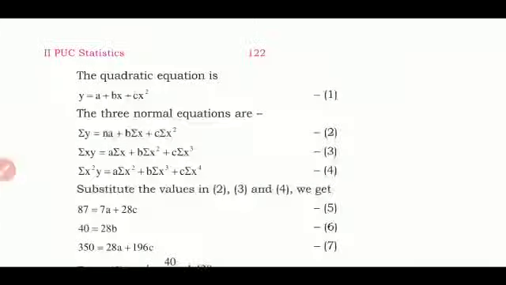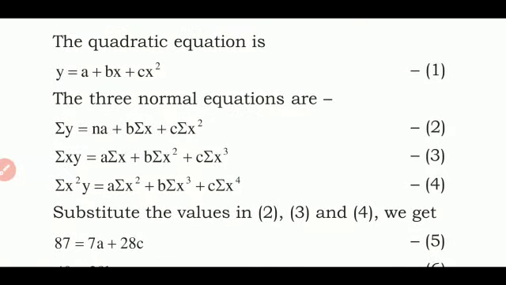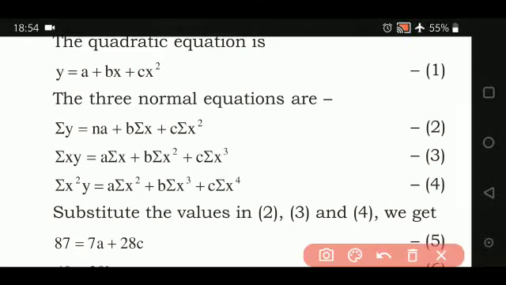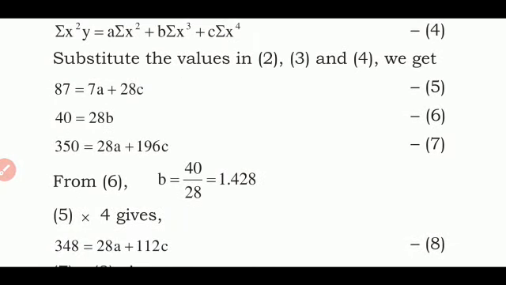Quite a big one. Then once you finish that, you have to write the quadratic equation. The quadratic equation, y is equal to a plus bx plus cx square. Again, it becomes mandatory for you all to write all the three normal equations. Once you write all these three normal equations, your task is to substitute whatever totals you have obtained: summation y, summation x square, all these values. That is what they have done here. So after substituting, what equations are you getting?